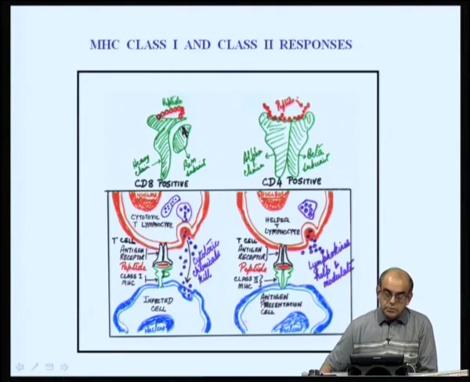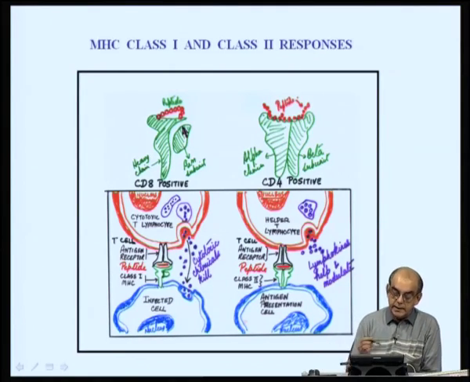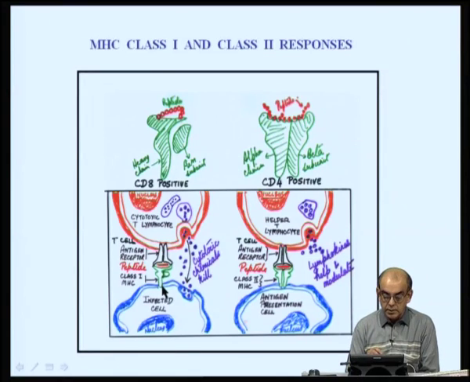In contrast to the CD8 positive cells, which recognize MHC class 1 molecules, it is the CD4 T cell that recognizes the MHC class 2 molecule, which basically presents endocytosed antigens, which are processed and presented within themselves. So, you see over here the peptide is bound to the MHC class 2 groove, and in contrast to cytotoxic